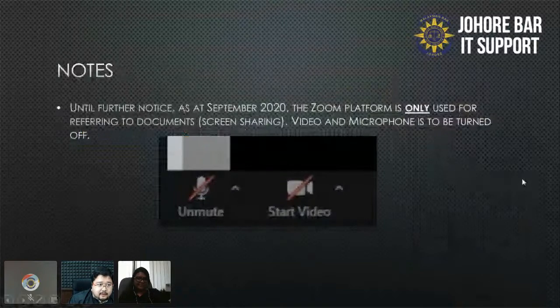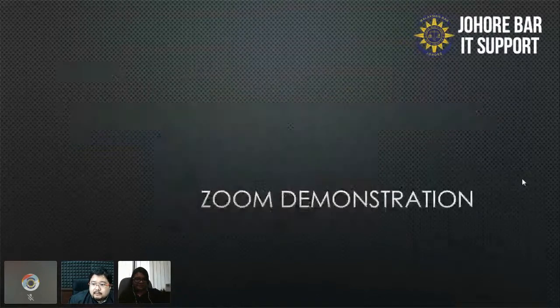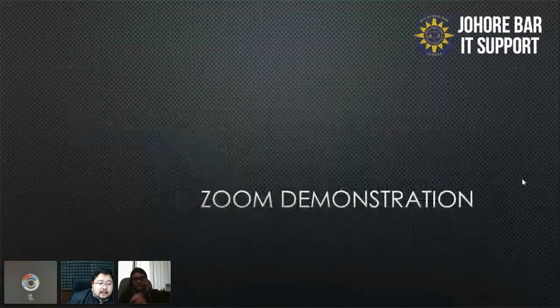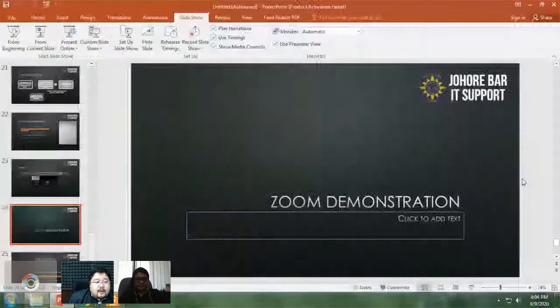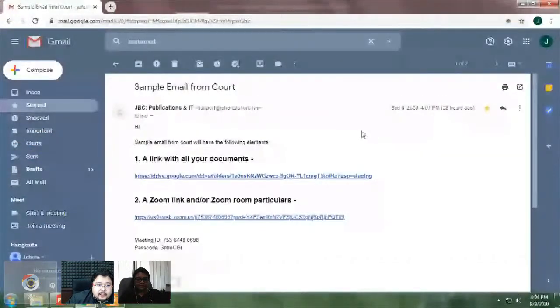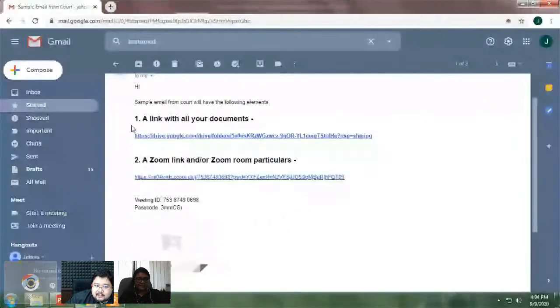All right. This one is in regards to the Zoom settings. So let's go through the demonstration. Okay. So when you get the first notification from court, you'll be given an email, correct? And then there will be a link with all the documents in the appeal, and another link with particulars about the Zoom room, the session that you'll be having.